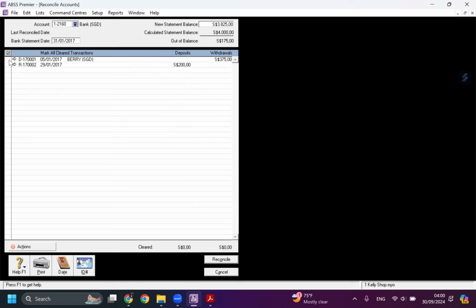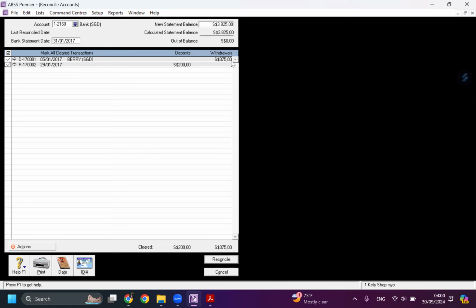Then you will get these two transactions that we are going to reconcile. What you need to do is put a check on those transactions and then click reconcile. So we have a transaction on 5 January related with Perry.